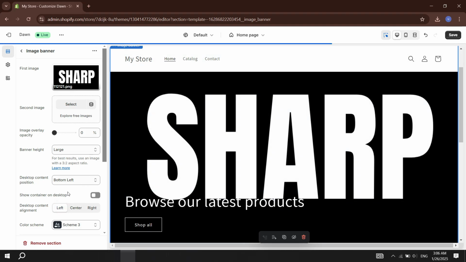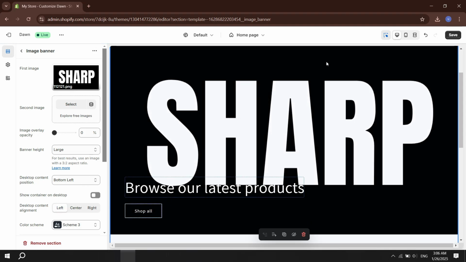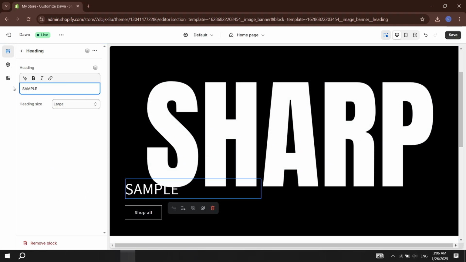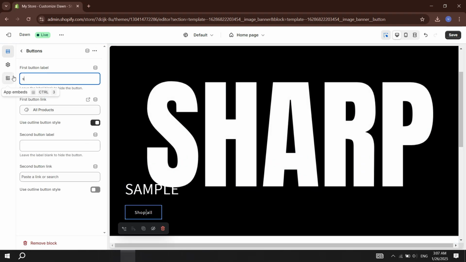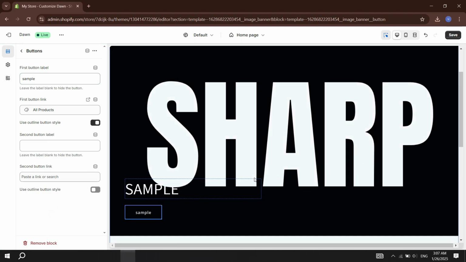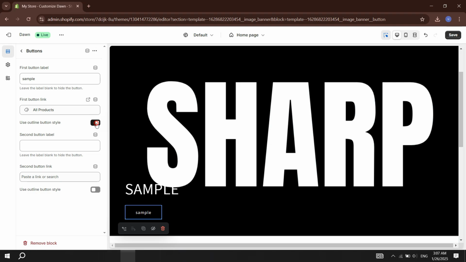Update the text and button link to point to the All Products page. You can also check how your store looks on mobile by switching to mobile view, but we'll continue with the